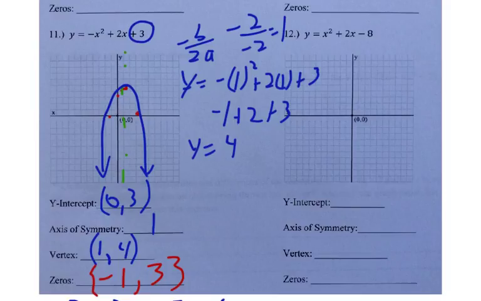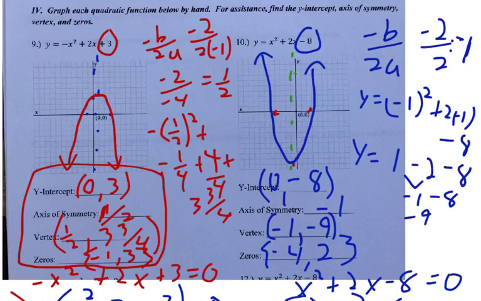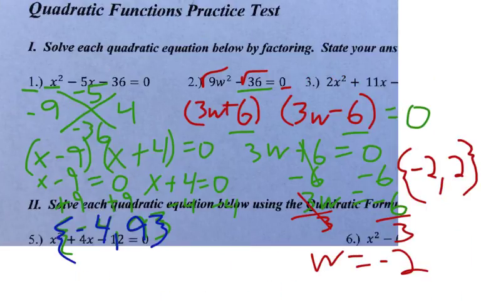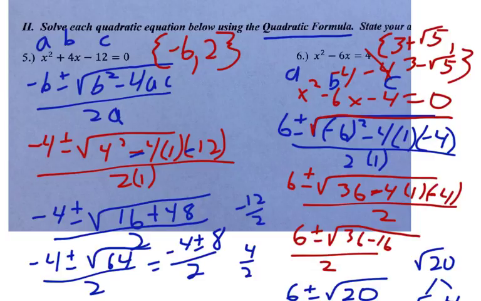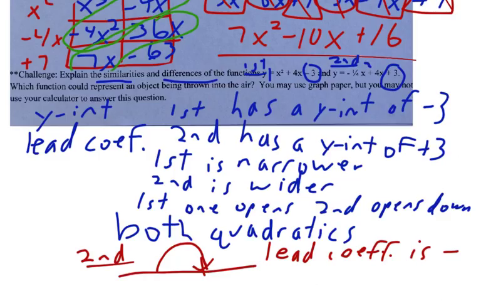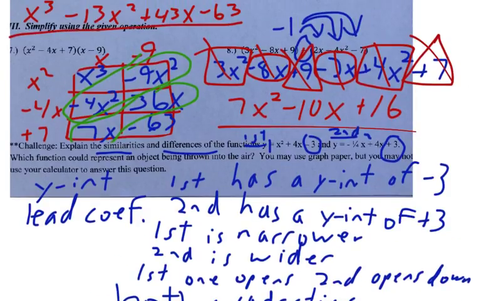All right, that's going to end it for this video, and I'm going to scroll back and you can check your answers. So number 1, negative 4, 9. Number 2 is negative 2 and 2. Number 3 is negative 7 and 3/2. Number 4 is negative 3 and 6. Number 5, we got negative 6 and 2. Number 6, 3 plus square root of 5 and 3 minus square root of 5. Number 7, if I can scroll up, 7 is written at the top there. 8 is 7x